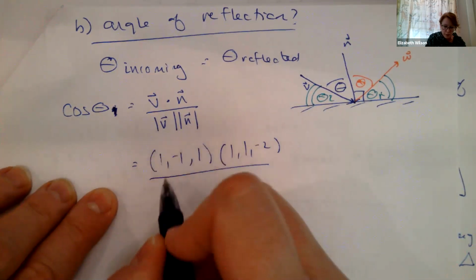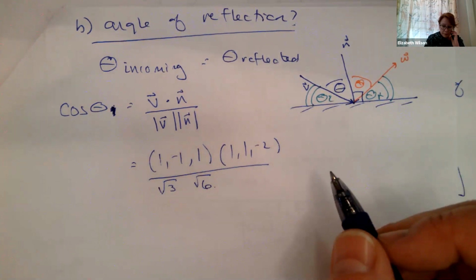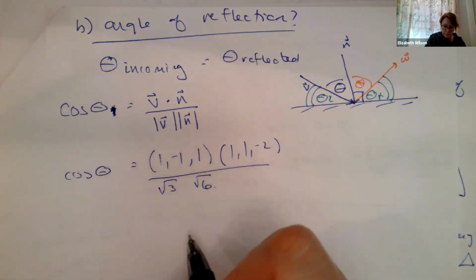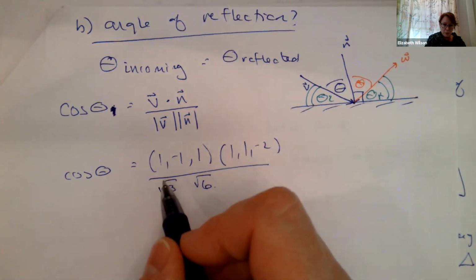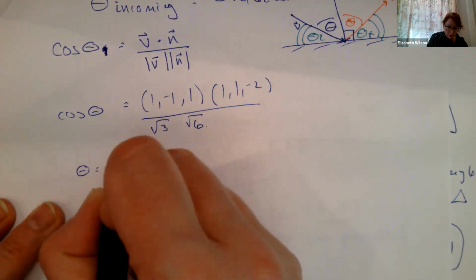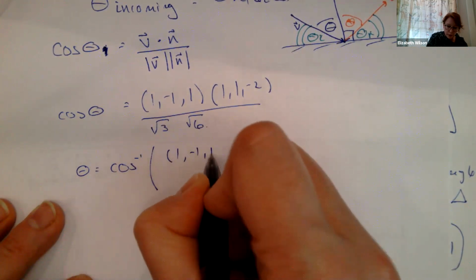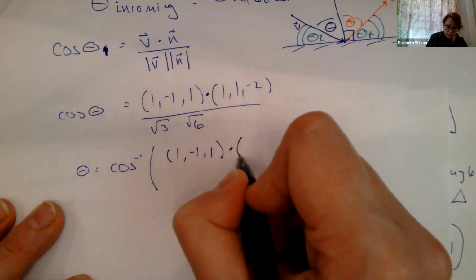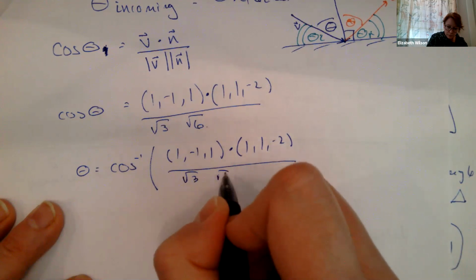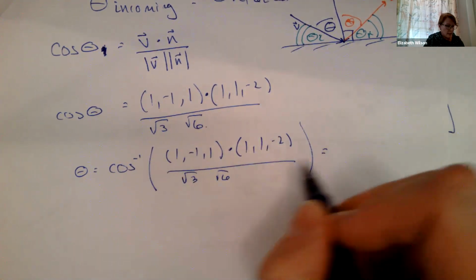So the magnitude of V, I calculated it offline. Magnitude of N, I calculated it offline, right? And then this is equal to the cosine of theta. So to calculate what theta is, I'm going to go theta equals my inverse cosine. It's on my calculator, an inverse button. This is a dot product. You're going to get some number, right? So when I do this, I'm going to get theta equals